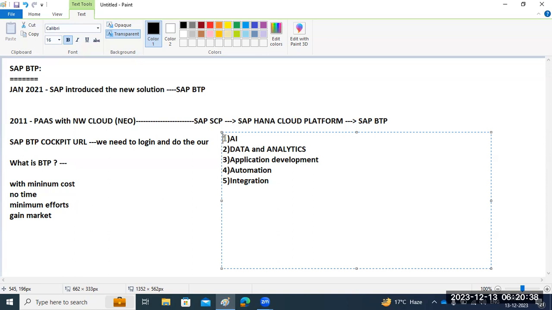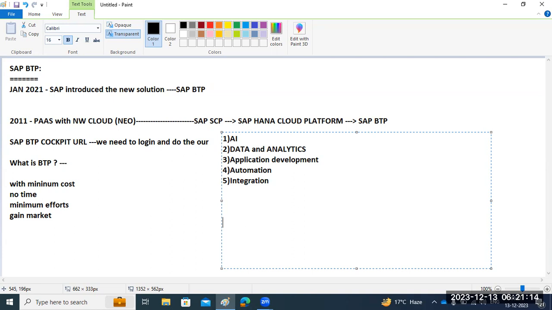Finally, the bottom line of the concept is that BTP provides all the necessary resources to create your cloud solutions. Using these five categories, you can build your business logic and cloud related solutions. Here you need not waste your time or your efforts. You can quickly gain the market with minimum effort, and directly concentrate on the business logic and marketing.